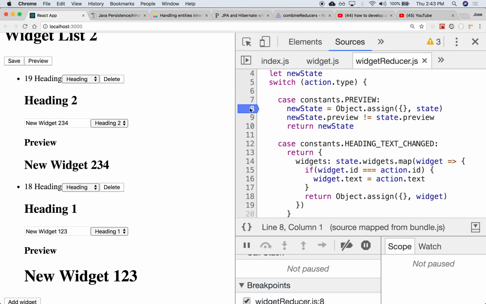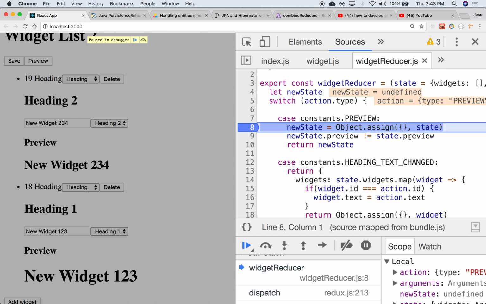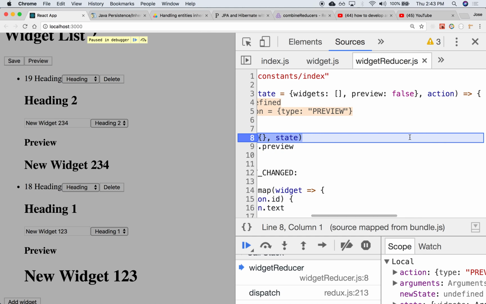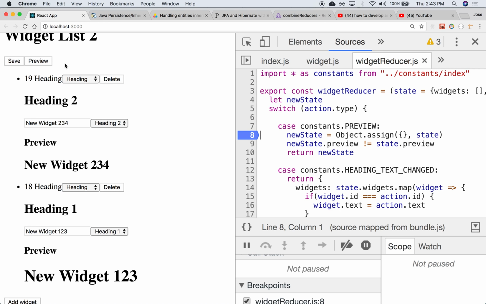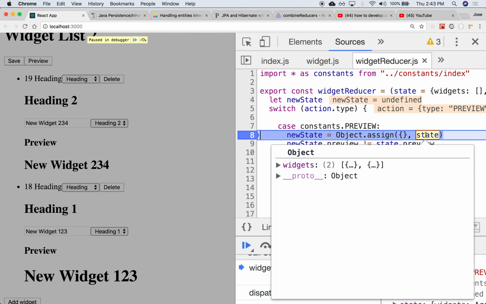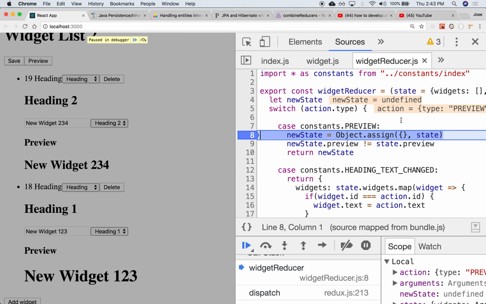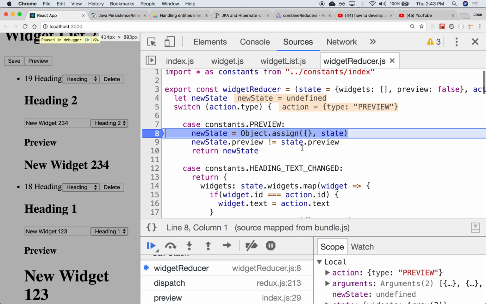Still, let's see. So if I click on preview, I am there. The original preview is undefined. What do you mean it's undefined? It's false, right? Preview state. Why is it false? Let me see. State. I only have widgets. That's interesting. Why would that be? Oh, you know what? I think it's